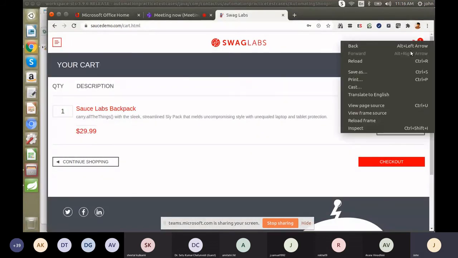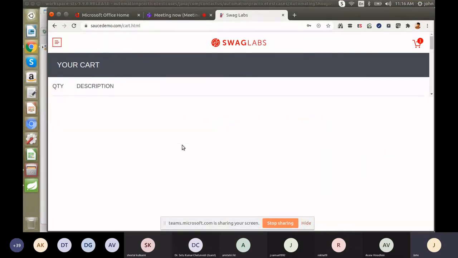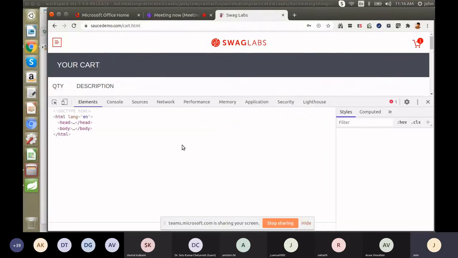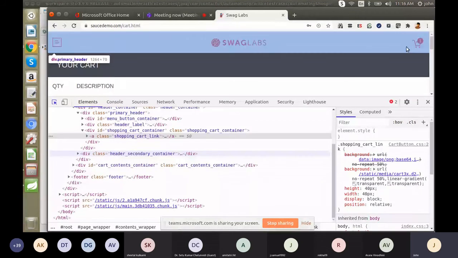You have to click inspect element. Then you can choose this arrow. I can mouse over it here, and it will show where it is located.